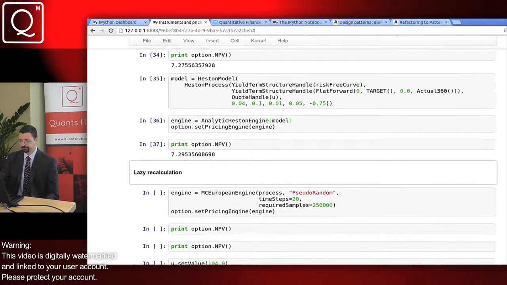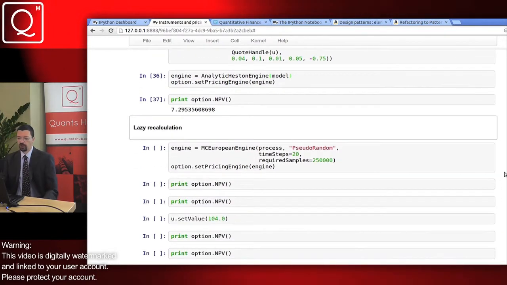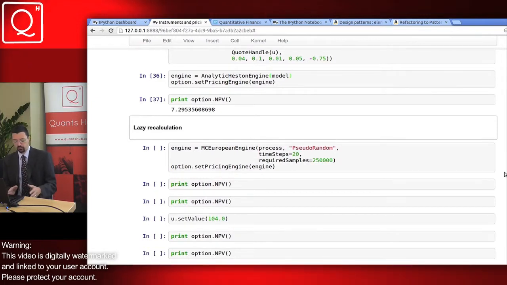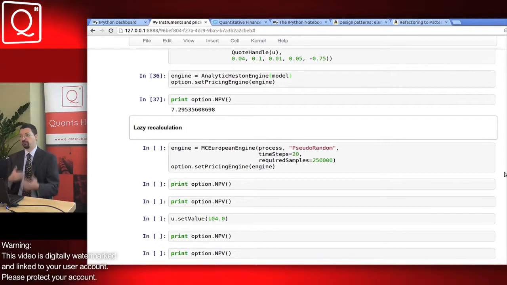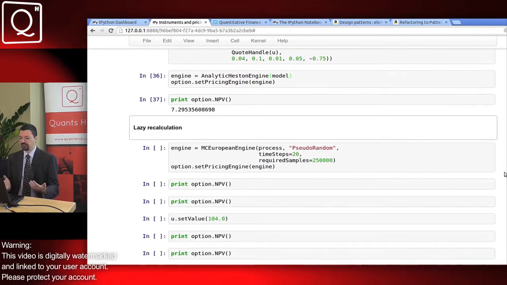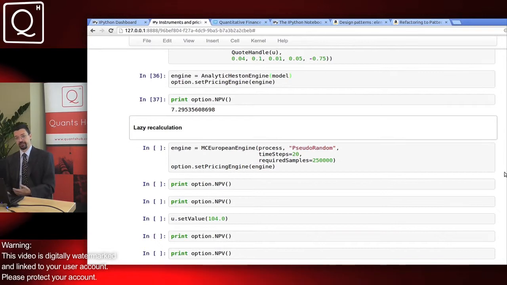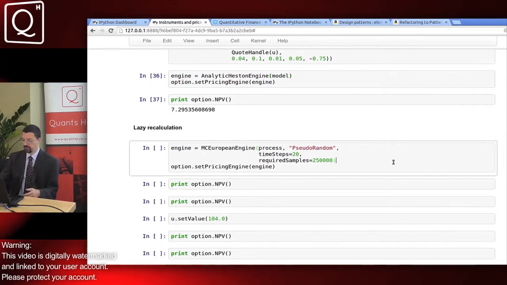One last thing. Up to now we have seen how, when we change the market data, the option is going to recalculate. There is another side of the coin, which is when the market data do not change, the option does not recalculate. So what I mean is, let's